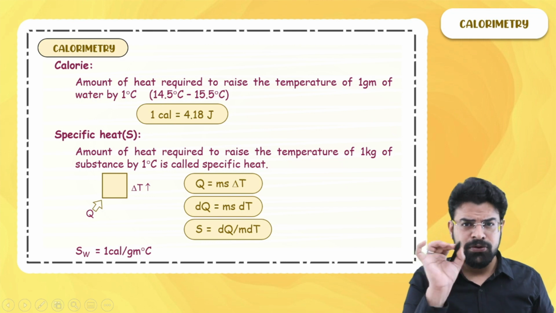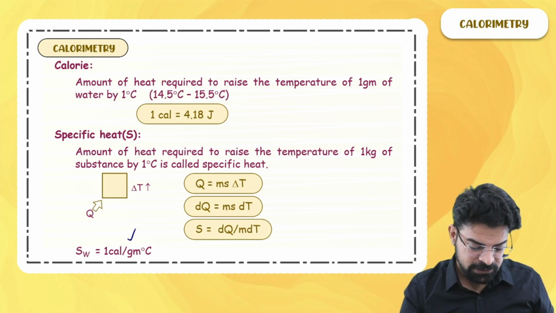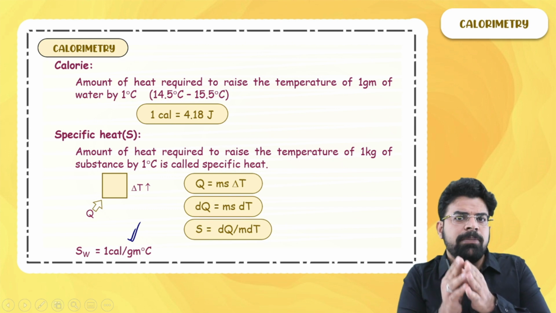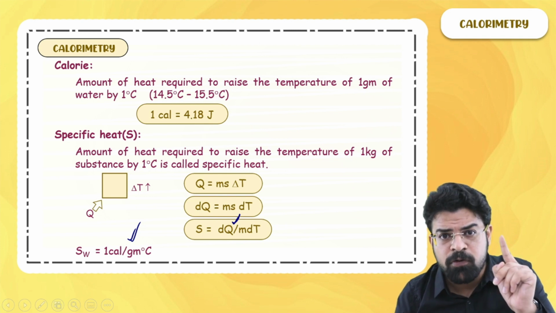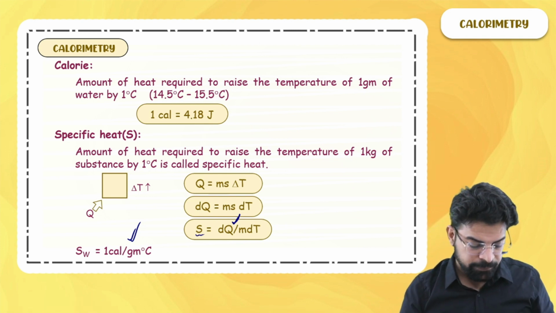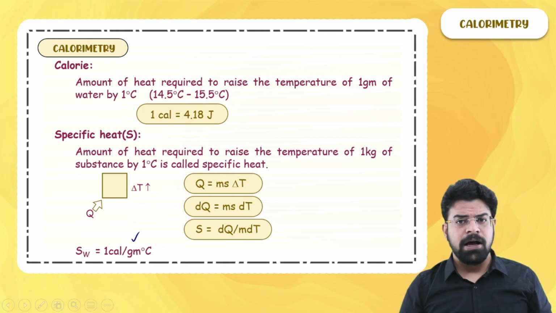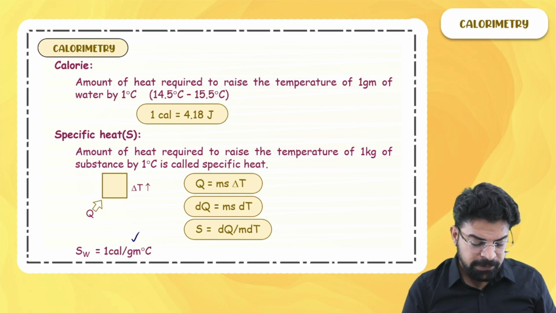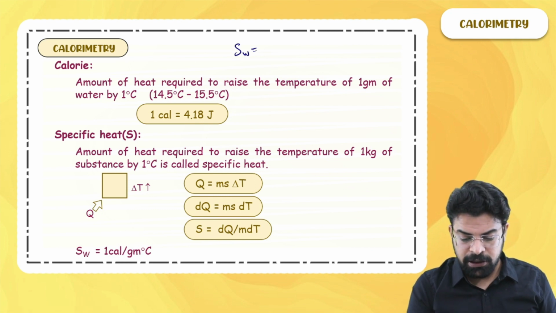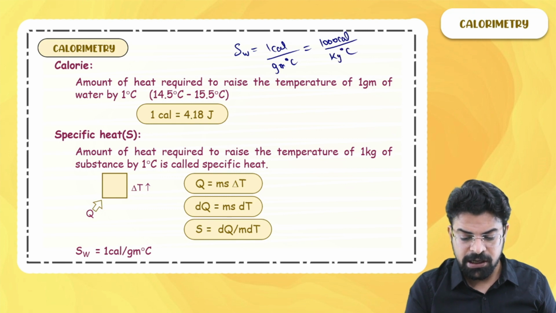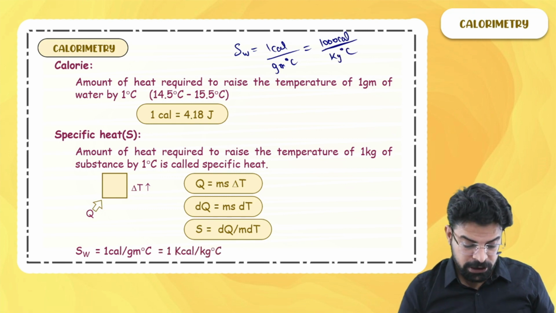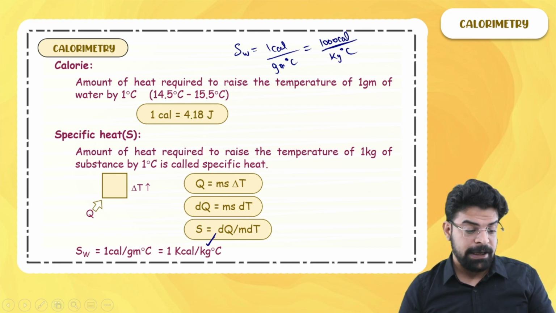But the most commonly used term of specific heat of water will be this one, that the specific heat of water is 1 calorie per gram degree centigrade, because the amount of heat that has to be provided to raise the temperature of 1 gram of water by 1 degree centigrade is 1 calorie. So here in place of gram you can write kg. To get kg you will have to multiply 1000 in both denominator and numerator. So specific heat of water equals 1 calorie per gram degree centigrade. This is as good as 1000 calorie per kg degree centigrade, and you can write 1000 calorie as 1 kilocalorie. So this can also be written as 1 kilocalorie per kg degree centigrade.